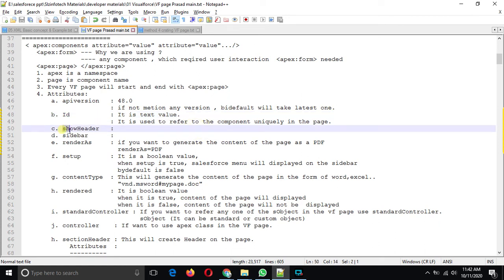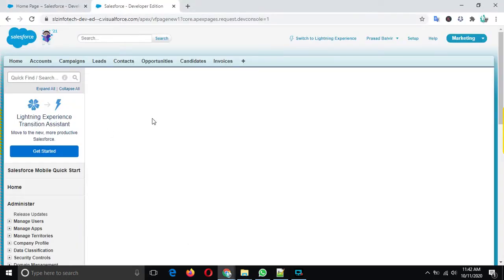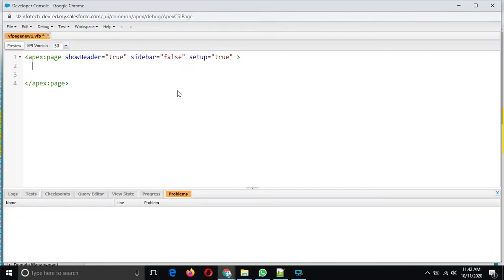Now show header. By default this is an attribute of the Apex page. We can't use show header anywhere else, it should be in the Apex opening tag, in between, as an attribute of the opening tag.